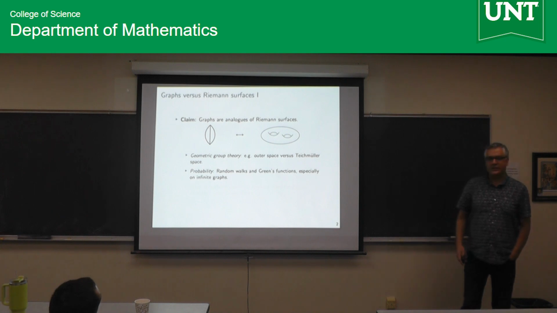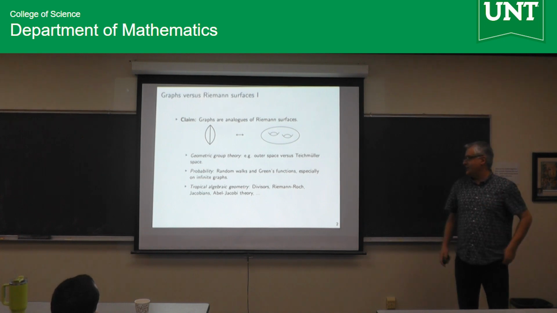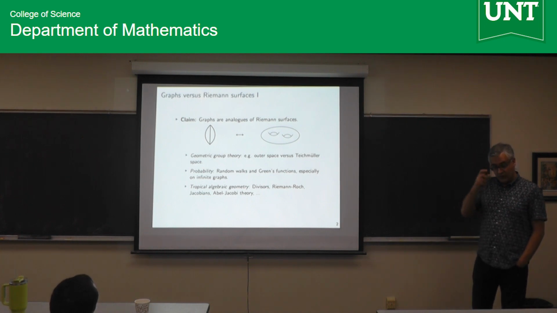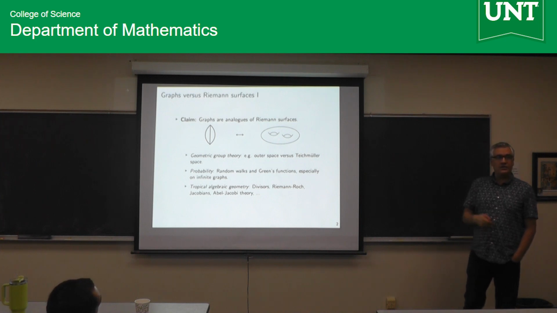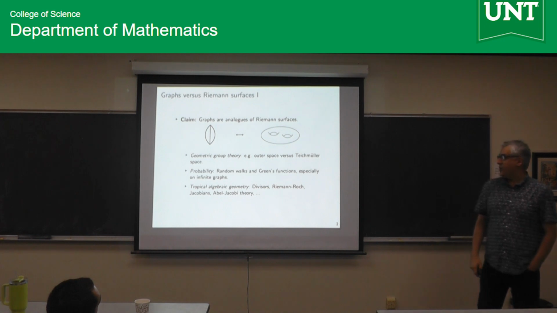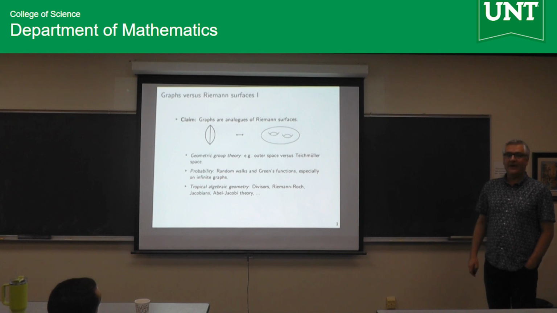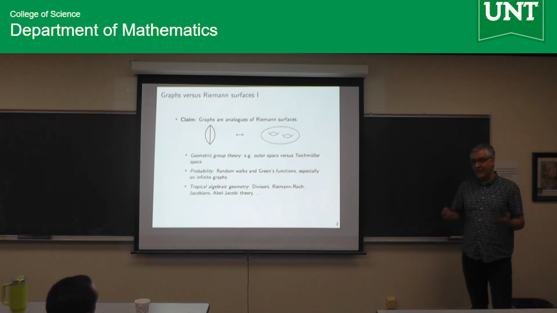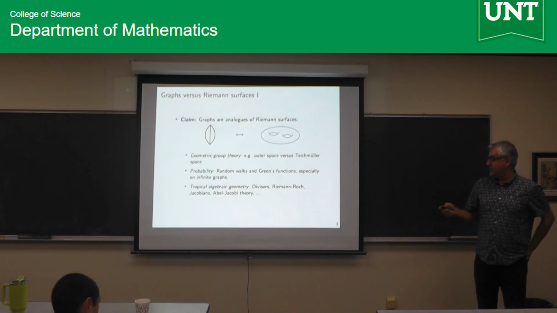So this was a technique that has been known. Maybe more related to my talk, at least morally, is the newer notion of something called tropical algebraic geometry. Classically, on Riemann surfaces, people did study something called divisors, the Jacobian map, Riemann-Roch theorems, and things like that. Fast forward to the 21st century, these things have now been introduced for graphs as well. So this analogy, at least at the level of analogy, exists. And I'll be a little bit more precise, both about the analogy and some of the words that I'm saying in the last item, soon. But this is a claim, I'll come back to it.